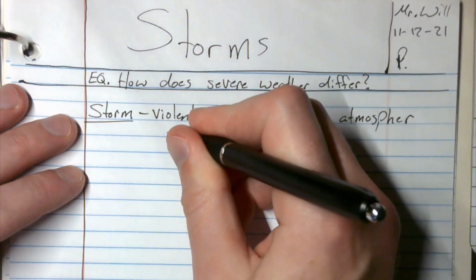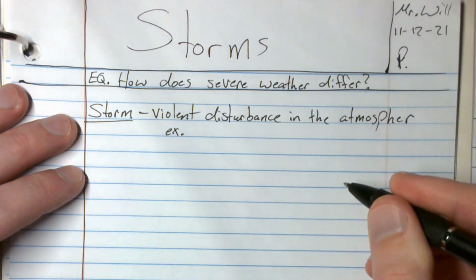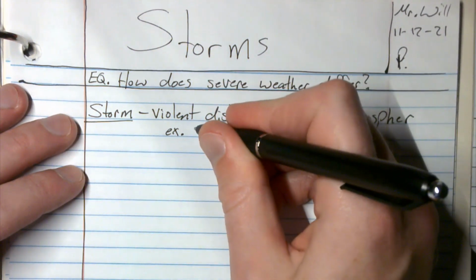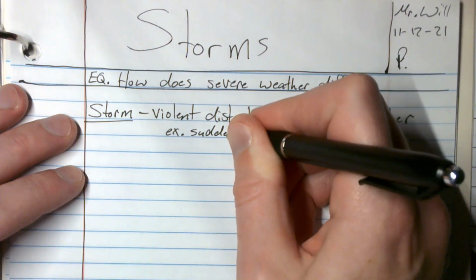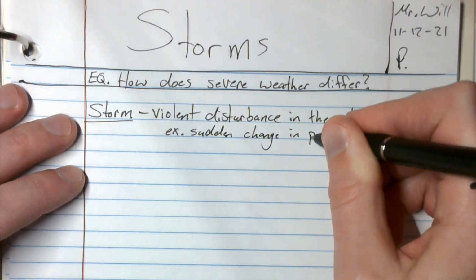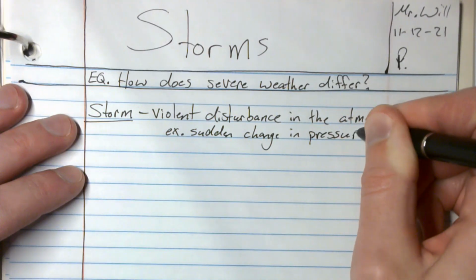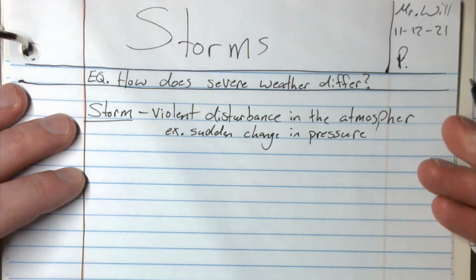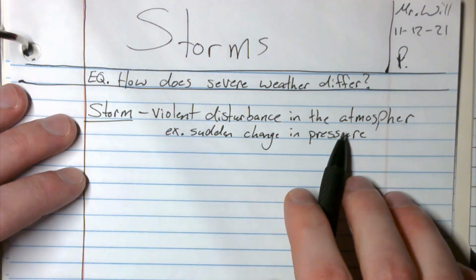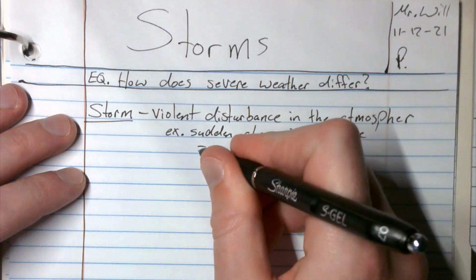So an example of this would be like a sudden change in pressure. So let's say like a cold front hits a warm front or something like that. It's going to cause this huge change in pressure, and that's going to cause